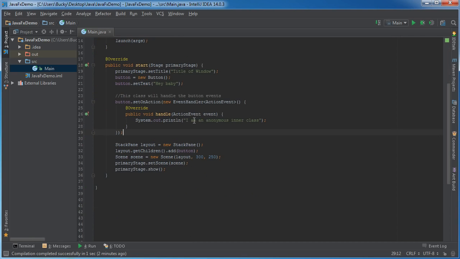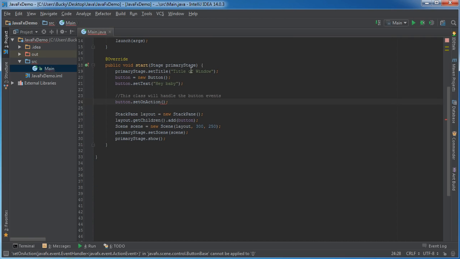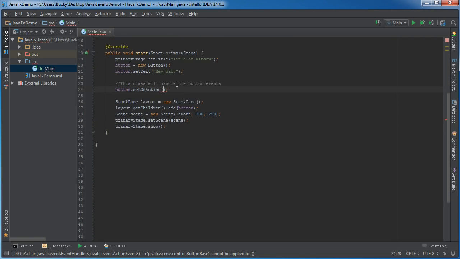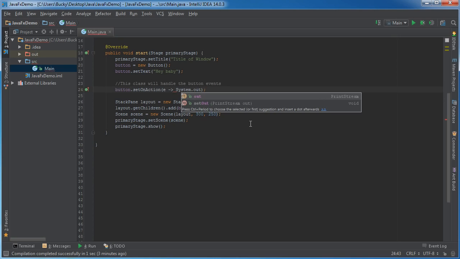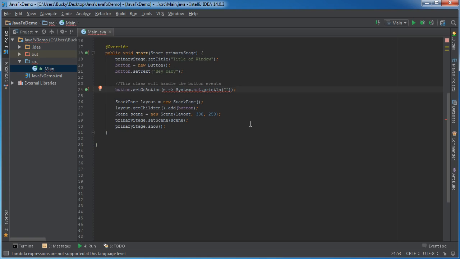Now, the fine ladies and gentlemen at Oracle, they realized that this was a problem as well. So, beginning with Java 8, they introduced a syntax called Lambda expressions. And I want to show you guys how easy this is. So get rid of all this, and instead of implementing anything or using an anonymous inner class, type this syntax: E hyphen greater than, and then just have some kind of call like system out print line, and this will print out some text like hey now